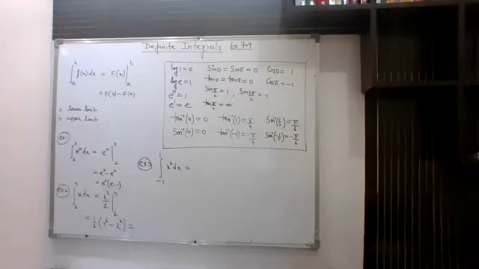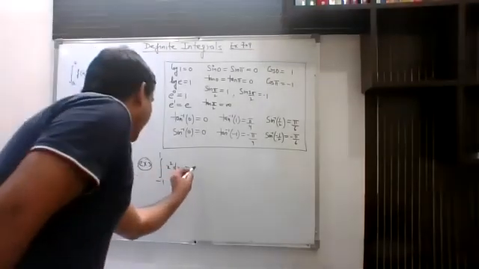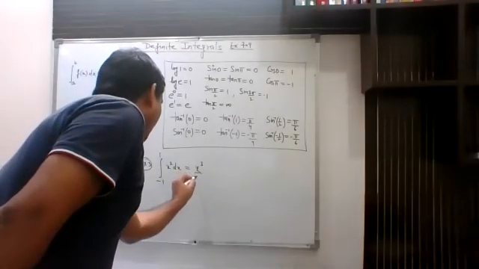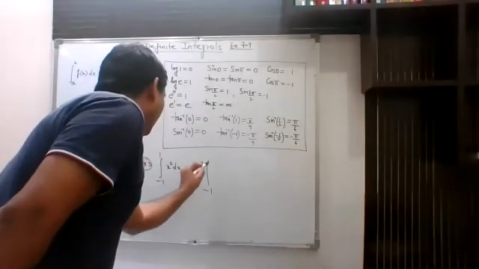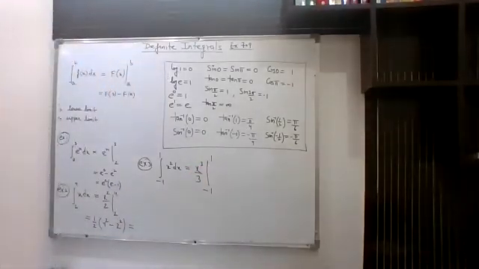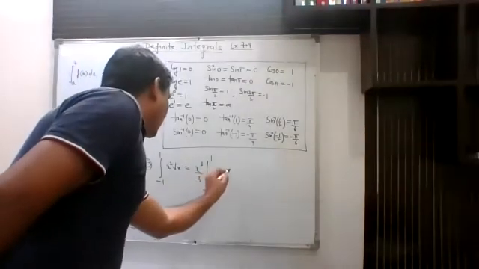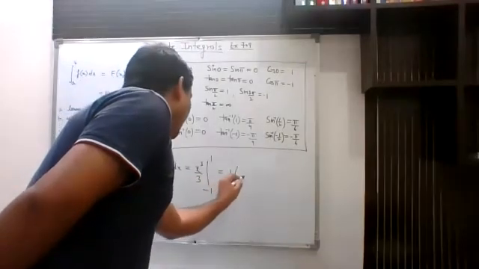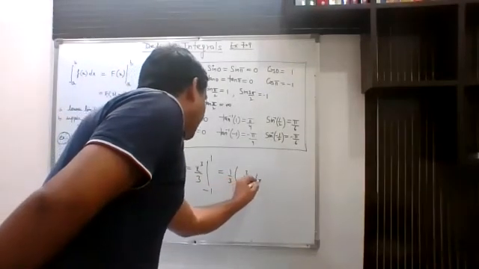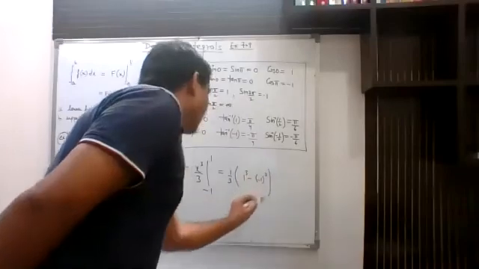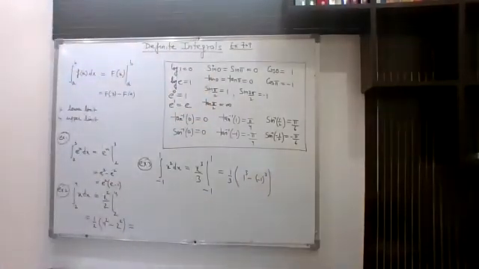So here, when we integrate, it will become x to power 3 upon 3. Limits are running from minus 1 to 1. Now let us substitute the limits. So upper limit minus lower limit. So this 1 by 3 can be written over here. 1 by 3 will become 1 to power 3 minus minus 1 to power 3. This is upper limit minus lower limit.